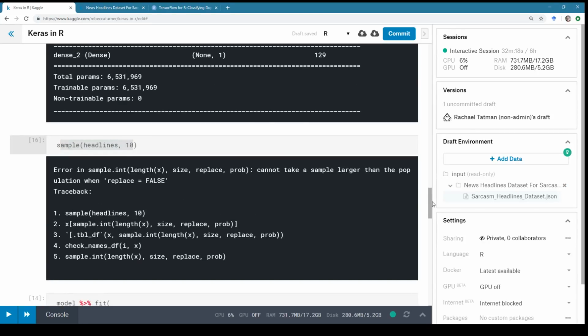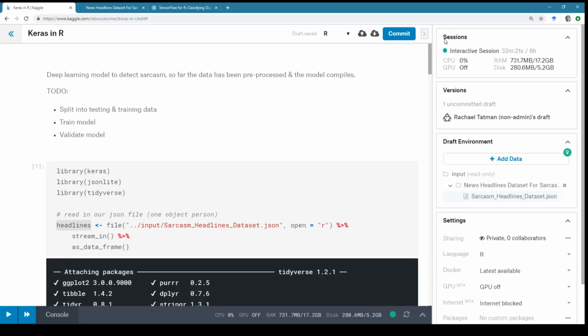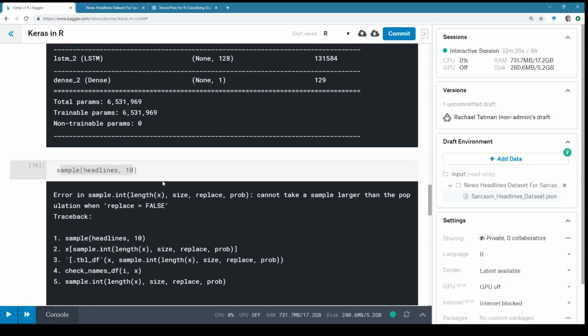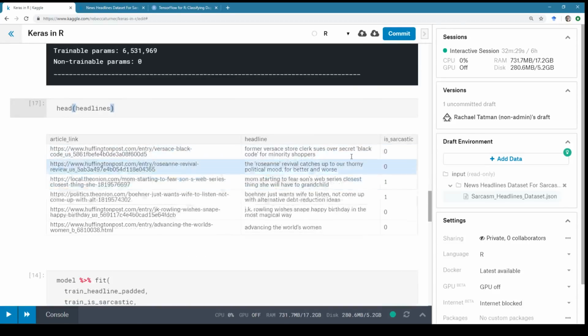All right, what did we call the data frame? Headlines, yeah. All right, well, let's take the head of it instead of a sample then. Just print out the first couple. Okay, so here we have the first one that we looked at, which was not sarcastic.